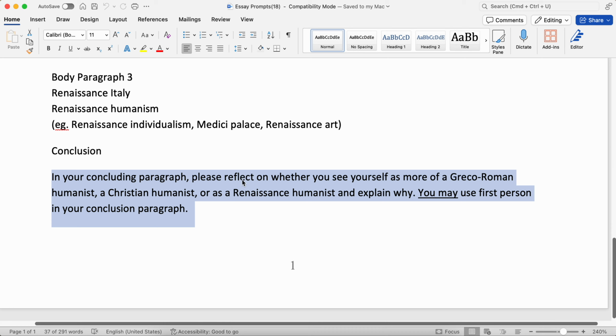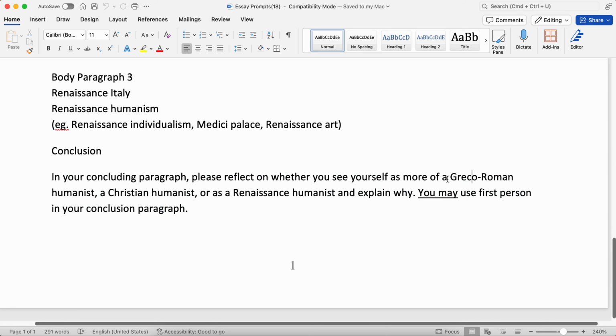It just asks you to reflect on whether you see yourself more as a Greco-Roman humanist, a Christian humanist, or a Renaissance humanist. Is there one of these belief systems that you feel like you've personally connected with the most? Which one do you feel relates the most to your outlook, your values, your goals, your beliefs, etc., and why? So hit us with which one you feel like you personally connect with out of these 3 that we've studied